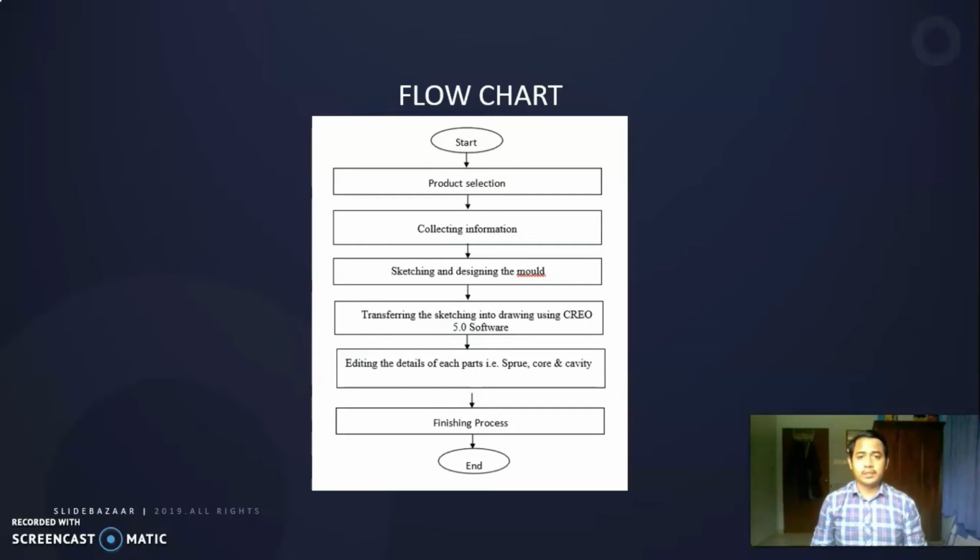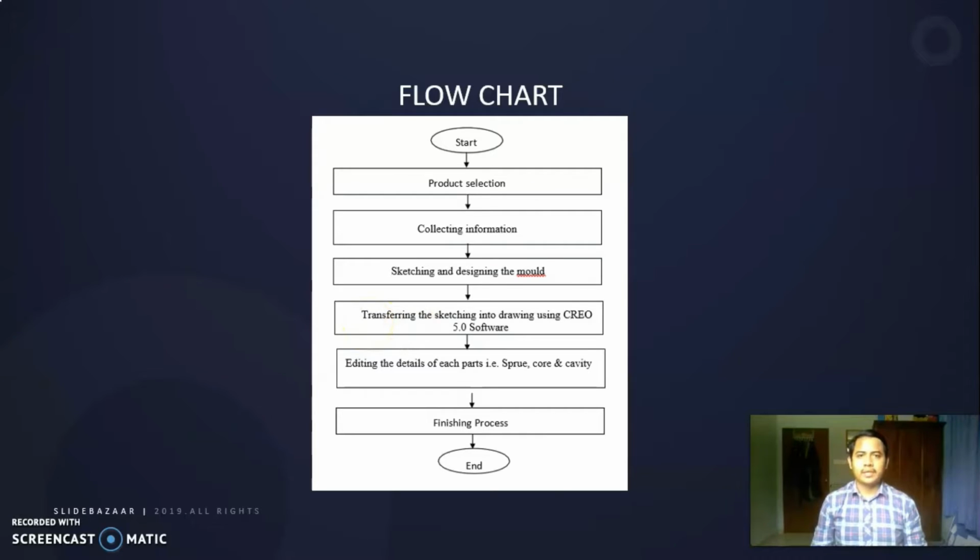For your information, we use Creo 5.0 software in this project. For the next step is editing the details of each part, for example sprue, core, and cavity. For the sixth is the finishing process, and lastly is the end.